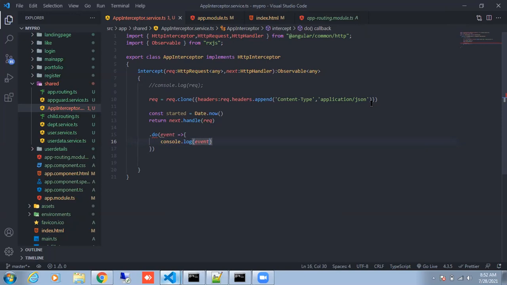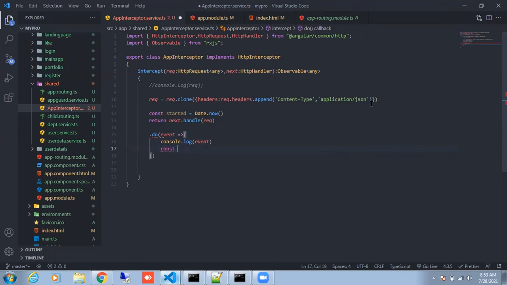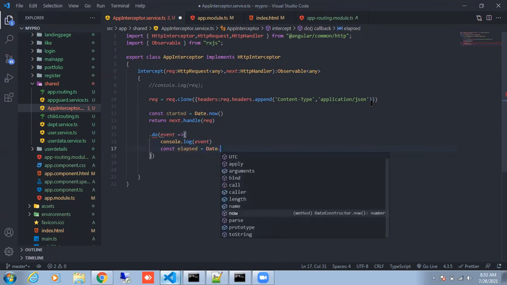After that, come out from line number 16 and press enter. Now here you can say const elapsed equal to Date dot now minus started.